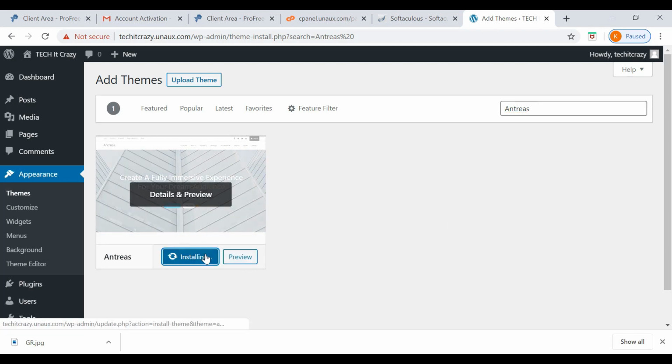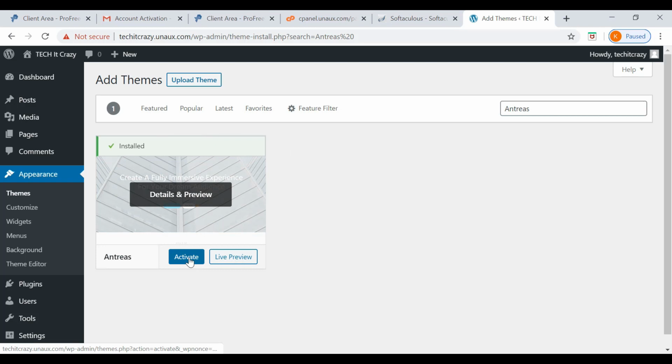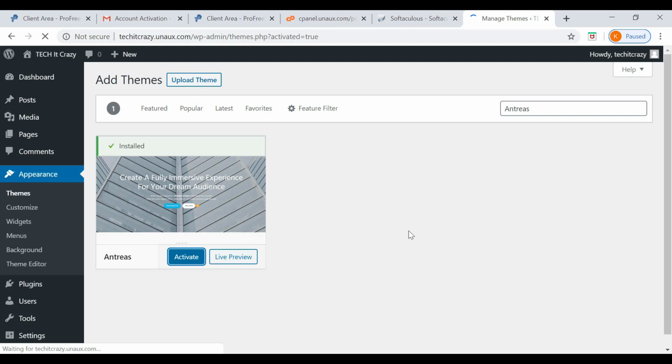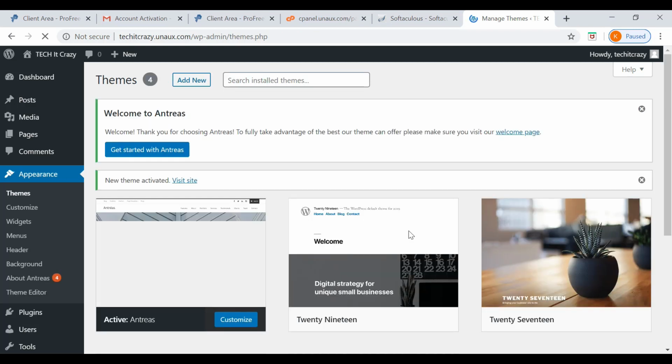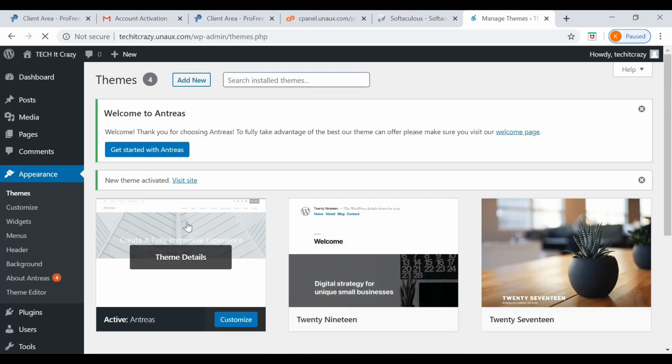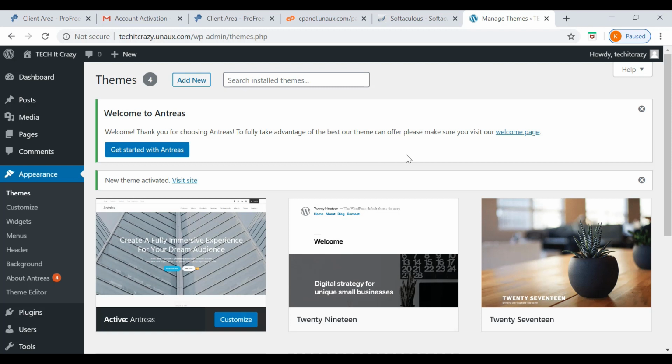It is a simple theme where you can see home, about, contact us, portfolios and your clients. It's a simple Bootstrap theme. I will show that one in this video.